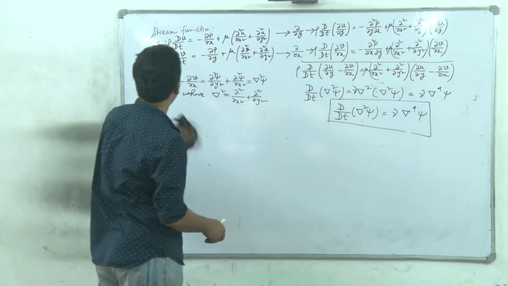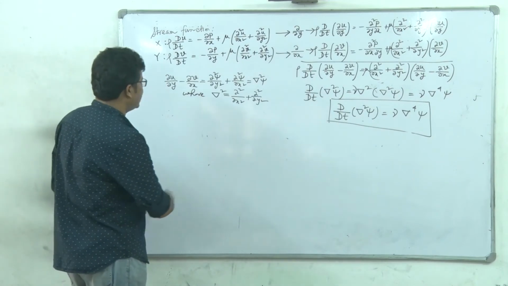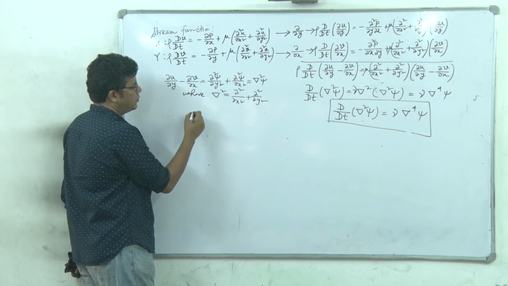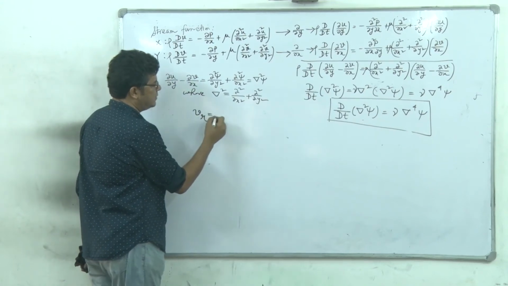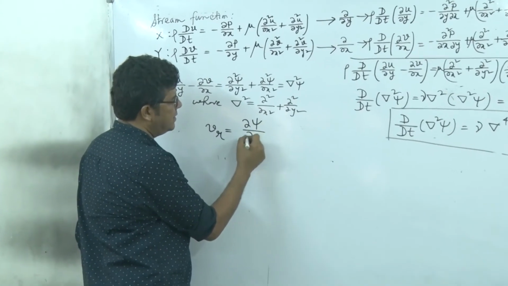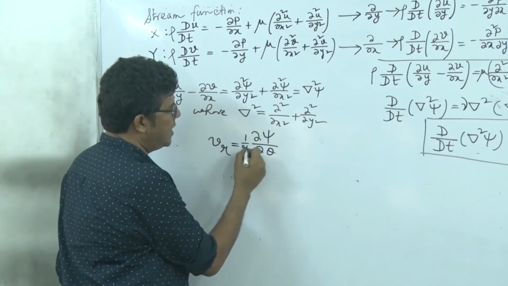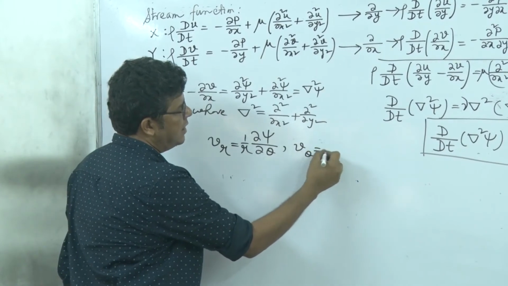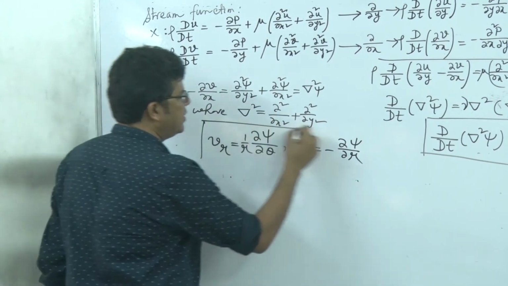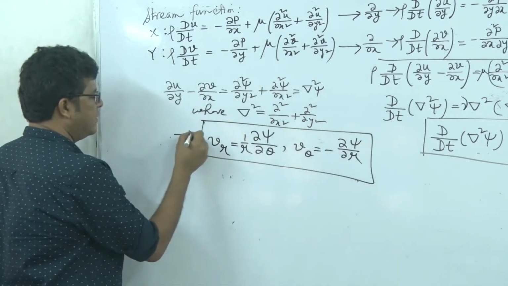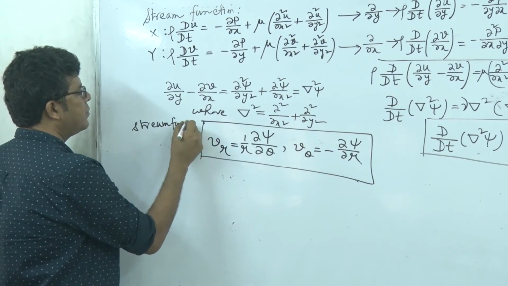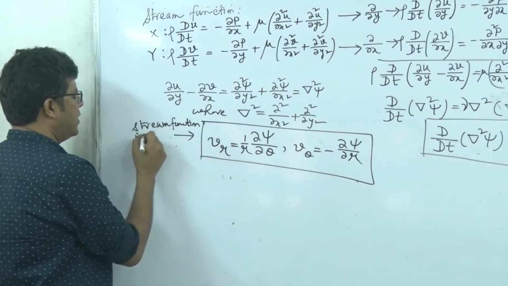So you see that you can also use this definition of stream function for any two-dimensional flow. It may be in cylindrical coordinates, and in that reference it's definitely important to note what the cylindrical coordinate definition will be. So Vr will be equal to del psi del theta into 1 by r, and V theta will be minus of del psi del r. So these we are going to use. So that is the stream function in cylindrical coordinates.